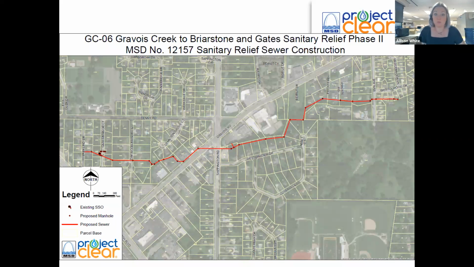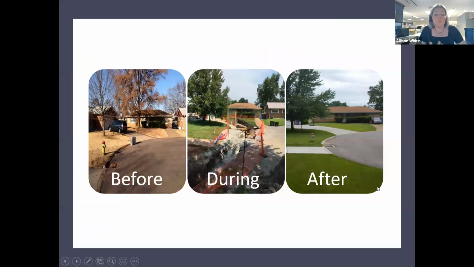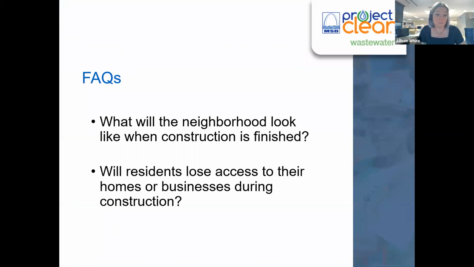However, some of this alignment will be an entirely new alignment in a new location, and that's simply due to the fact that it's our intent to design a sewer that is like at the Sappington and Gravois crossing. That's the least impactful to the surrounding community. However, that existing alignment is not in the exact same location. So there are some portions of the alignment that we have straying from the existing sanitary sewer. However, that's part of the design process in an effort to make sure that we're designing the best wastewater system for the future of MSD.